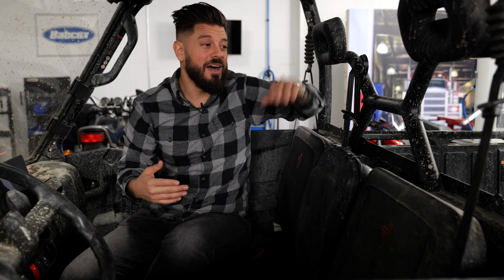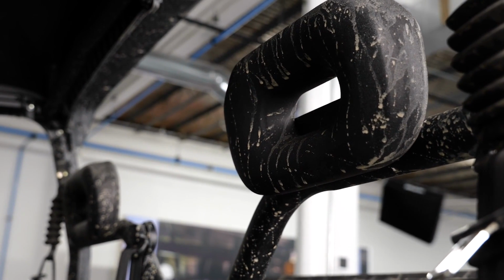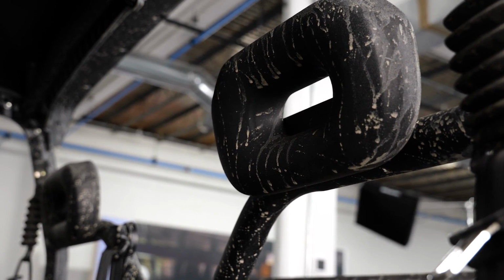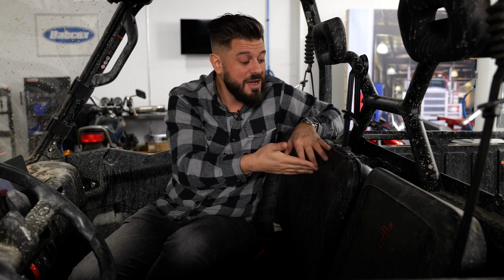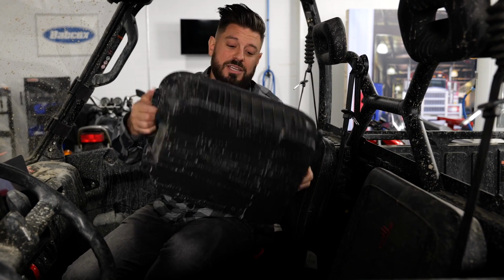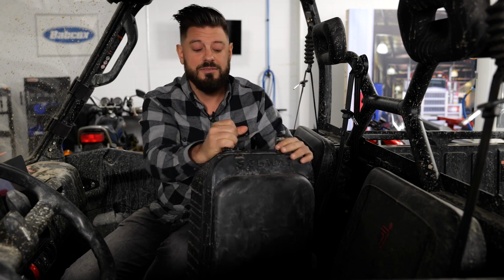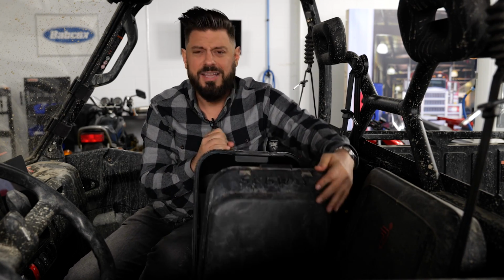Some other features I wanted to touch on were these headrests. Now, we were beating this thing up pretty hard, and our helmets weren't clanging around on this roll cage. They were hitting these awesome headrests. Now, as you can tell, and we've talked about, we got completely covered in water and mud. And something awesome about this Segway is you have a dry box directly between the seats. Now, if you're going in and out of your hotel, in and out of the trailer, whatever, you have the ability to take this with you and have dry items. Again, all of this at a